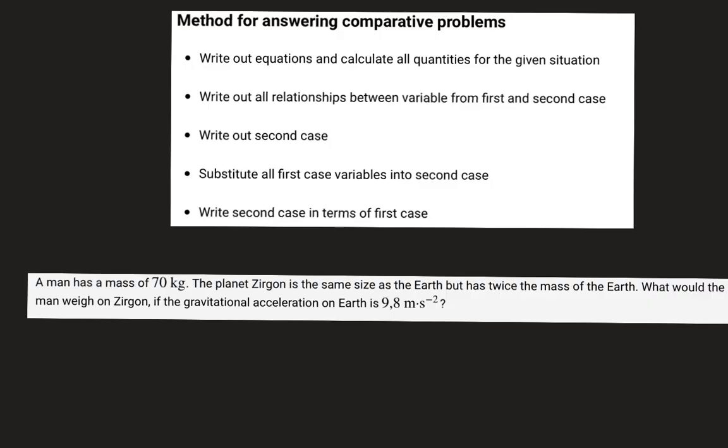And what we're looking at here is something called comparative problems. Now, comparative problems involve calculation of something in terms of something else that we know. For example, just a little example for you here. If your weight on Earth is 490 newtons, let's say, for example, and then they tell you the gravitational acceleration on Venus